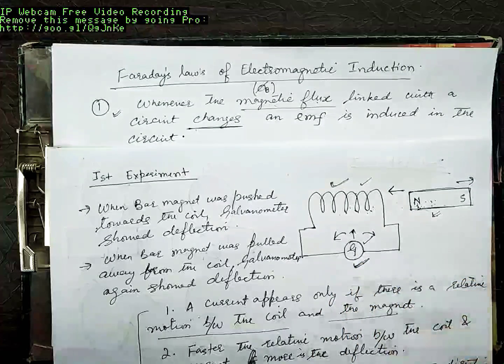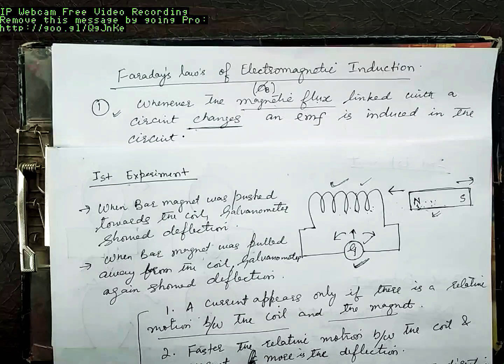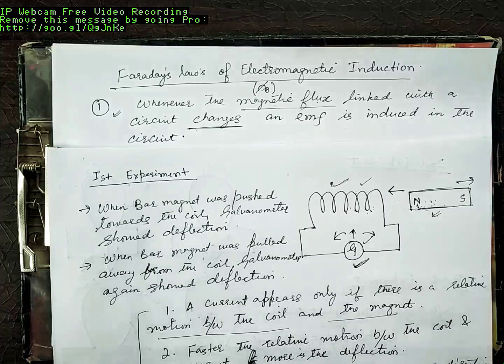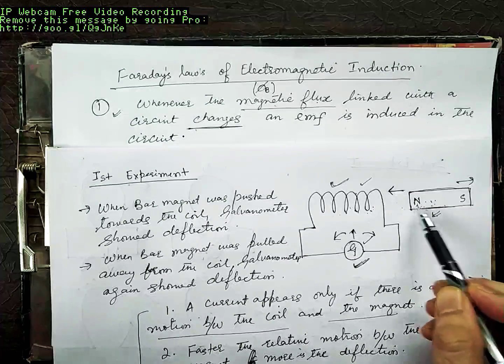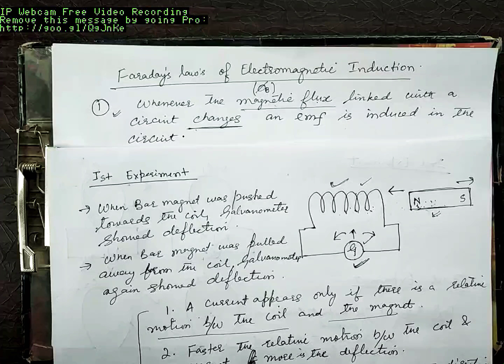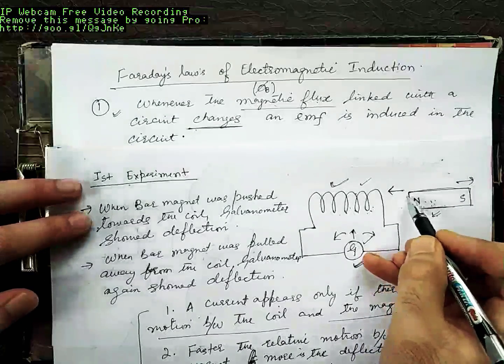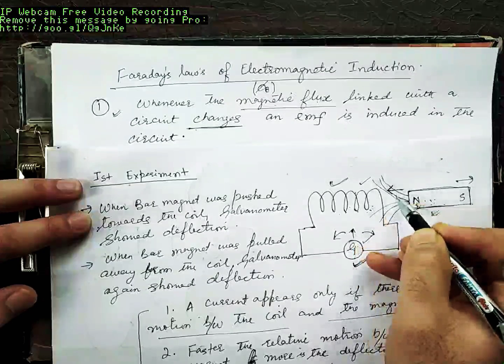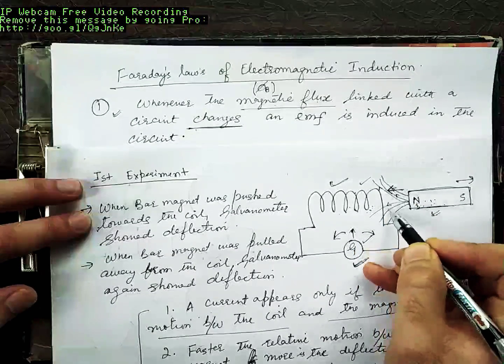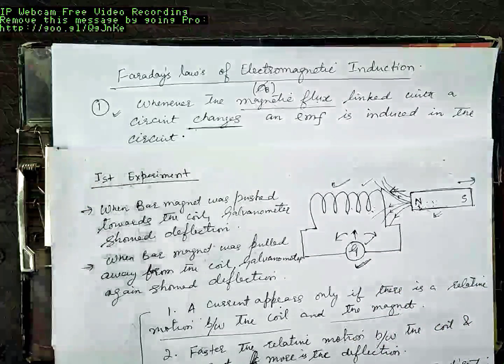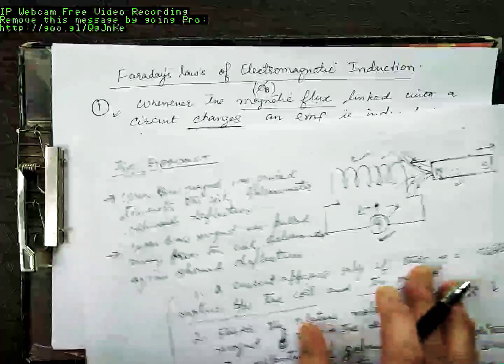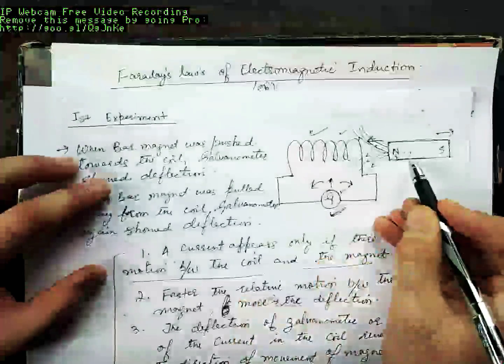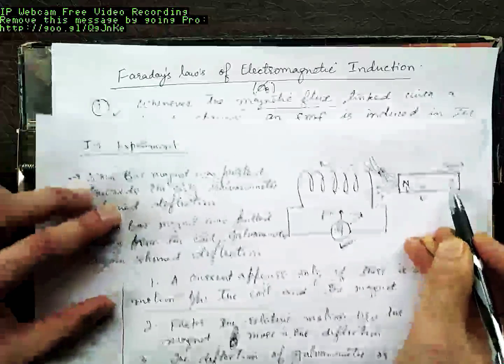Now one thing will come to your mind. Where from does the flux come and how does the flux change? Let me explain this to you. Since this north-south bar magnet has its magnetic field, it will produce magnetic flux of its own. Let us suppose flux is in this direction. Now tell me, if you push this bar magnet towards the coil,